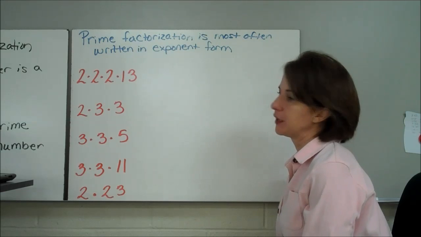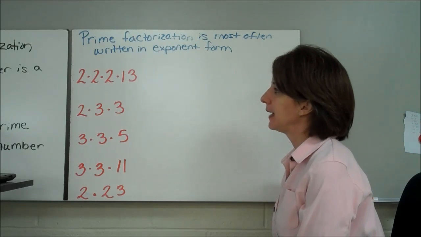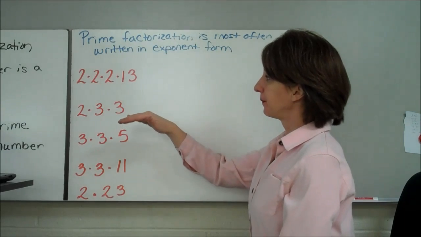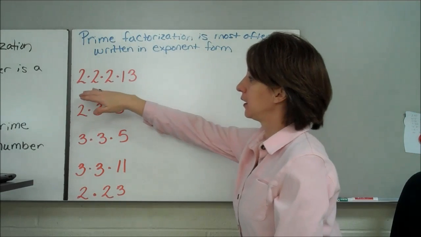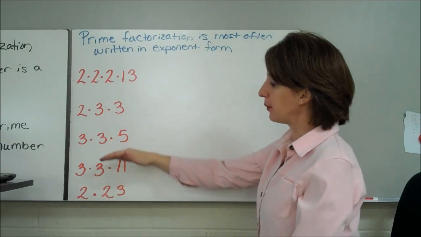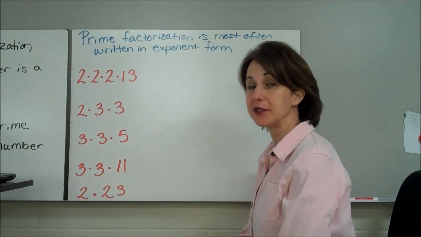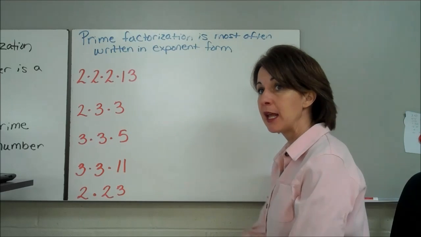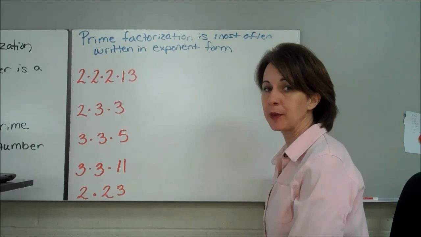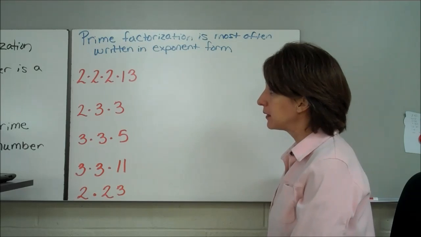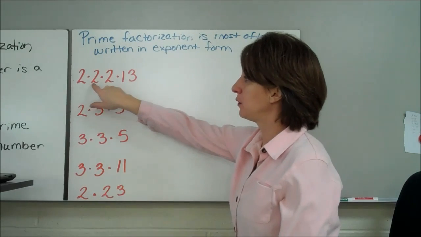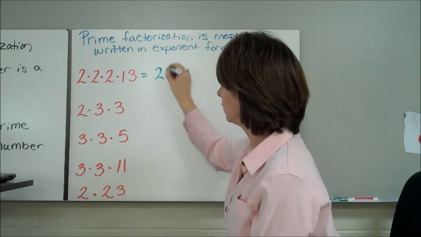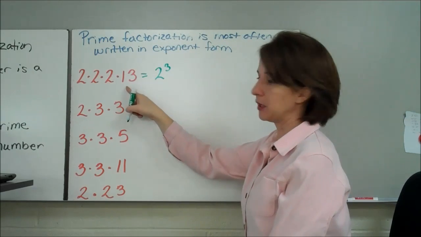Prime factorization is most often written in exponent form. So these are the prime factorizations of the numbers that we have already factored today. You can go back in your notes and rewrite these in exponent form, which simply means instead of writing 2 times 2 times 2, we would write 2 to the third power, which is,